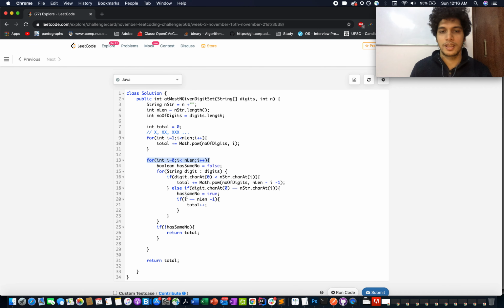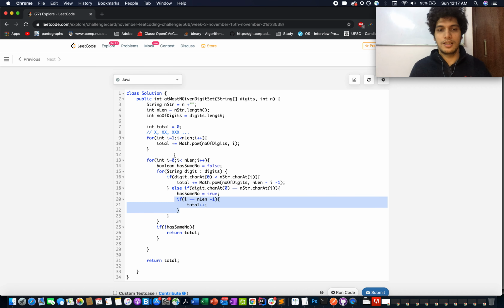We are doing the same thing here. I initialize that variable, set hasSameNumber to true, and that means you need to move ahead so that this condition becomes false, and then continue iterating to the next character in the nstr number. And there's one particular case that I want to talk about.